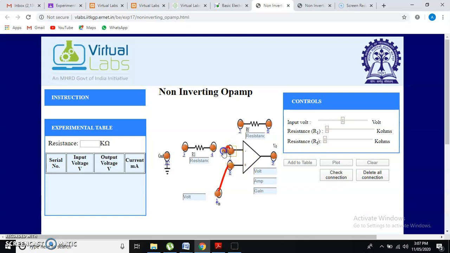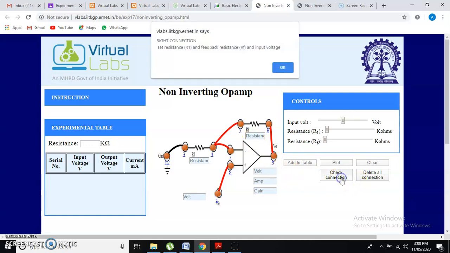The inverting terminal is at ground potential through a resistance R1, so connect the inverting terminal to the resistor and then to ground. The feedback resistor will be connected to the inverting terminal of the op-amp and the other end to the output side. This way the feedback path is also complete. So this is how the non-inverting operational amplifier is designed.